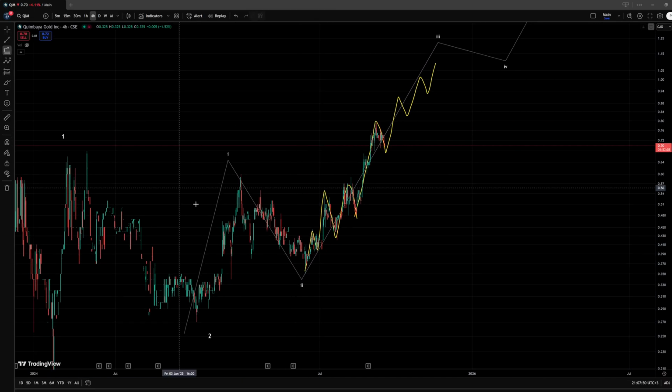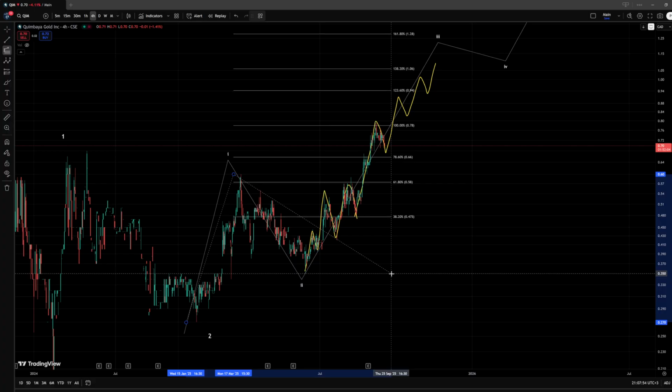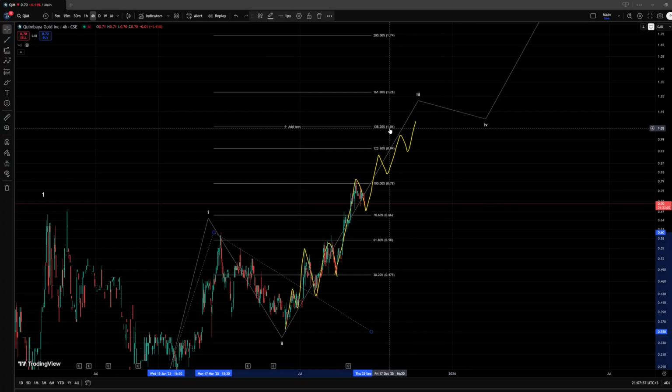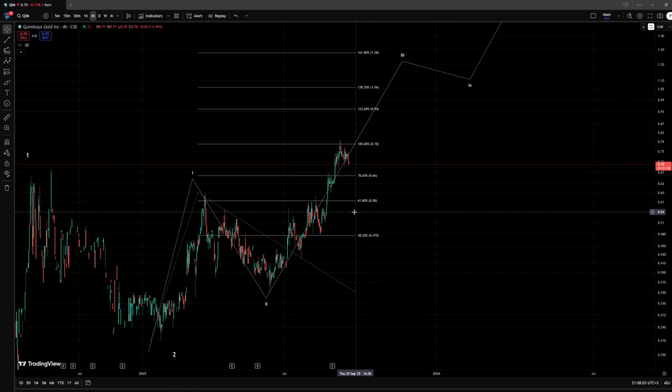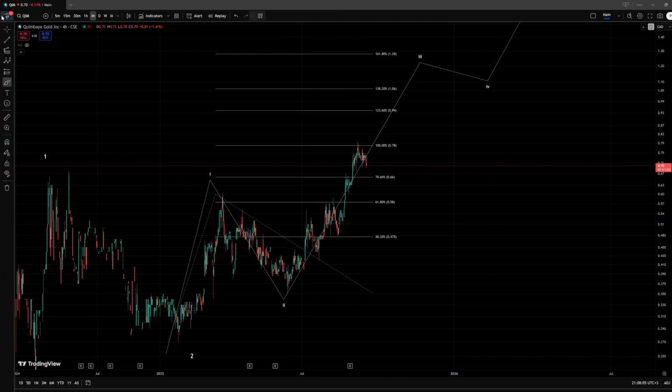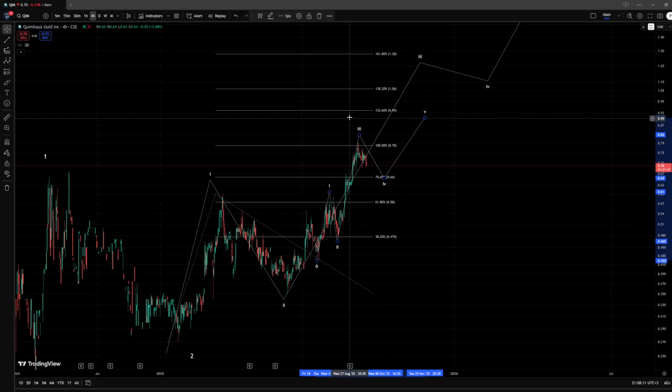Now the ideal target for such a wave 3 would also be at the 138.2% extension, that is at the $1.06 level, and that seems quite within grasp based on what structure we have here. But for this to actually work out, I am expecting this correction that would now develop here within